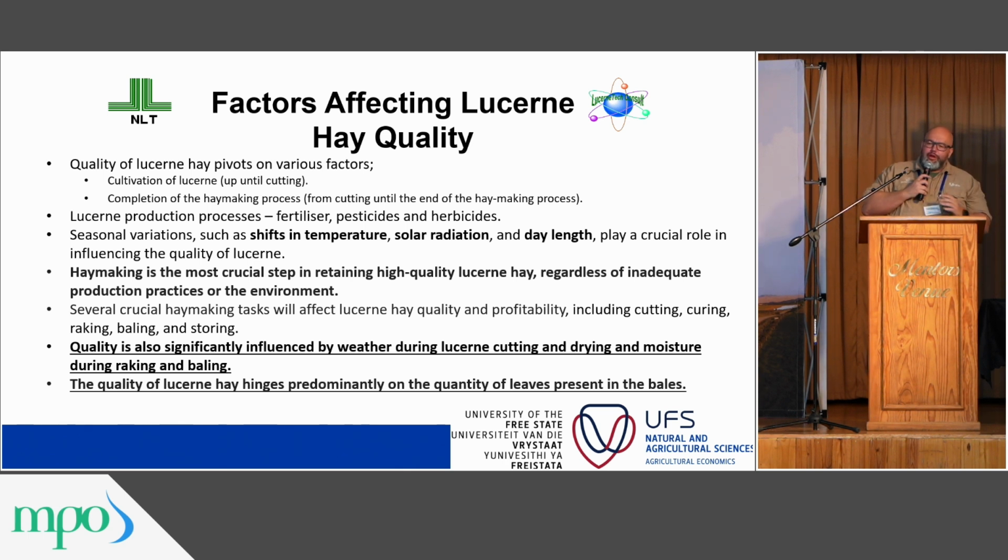Right, okay, so on the production side, it's all about fertilizer, pesticides, herbicide. Now, on the hay making side, you want to get as many leaves as possible inside that bale. So everything that prohibits that from happening, the quality of the lucerne hay drops. It all comes down to leaf retention. You can think about the lucerne stem, there's a little smaller stem that's attached to the leaf. When hay making procedures are not followed correctly, or if there are changes in climate conditions, that plant does not dry off